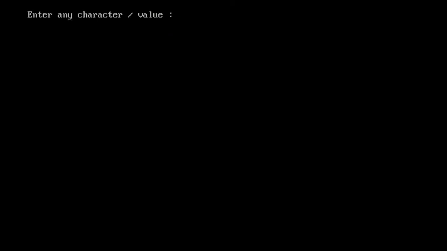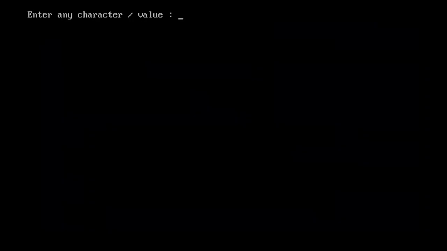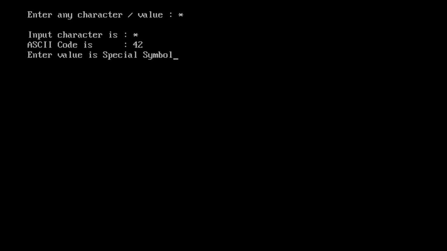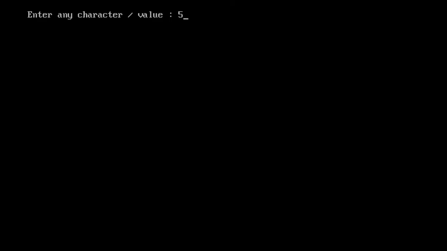Now if I run this, if I input capital A, then see, input character is A, ASCII is 65 and enter value is alphabet, right? Similarly, if I input a star, then star ASCII code is 42, enter value is special symbol. And if I input, suppose, number 5, then see the number 5 is also having ASCII code 53 and the